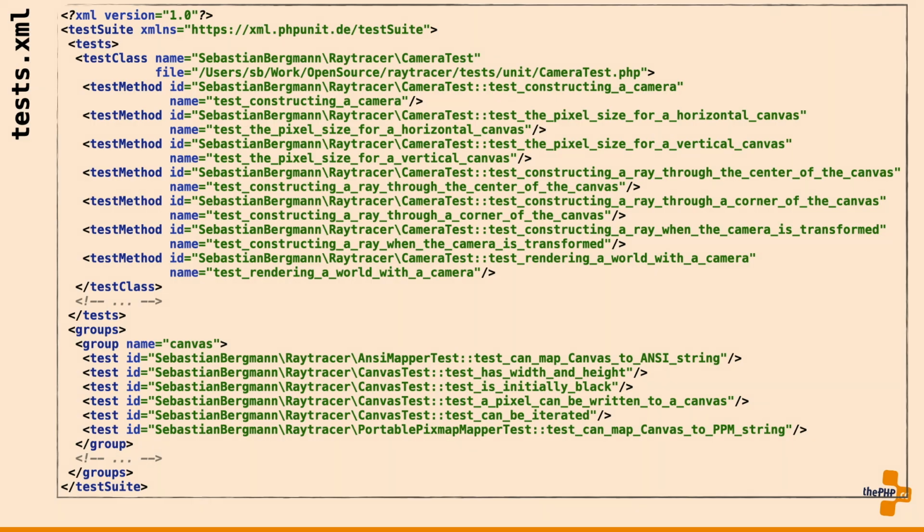This gives you a huge XML document with a list of all the tests that would be run, and that makes it maybe not convenient and nice, but at least it makes it possible